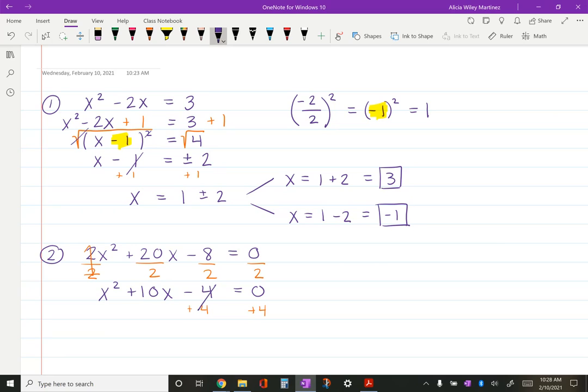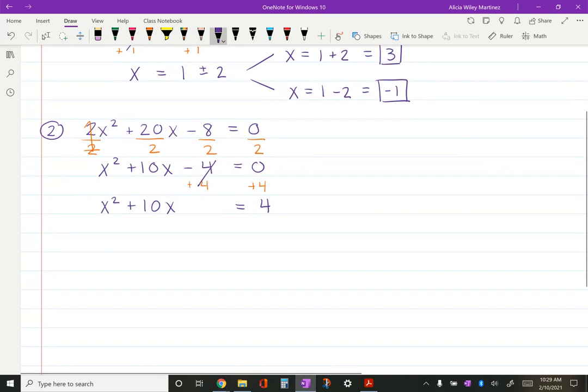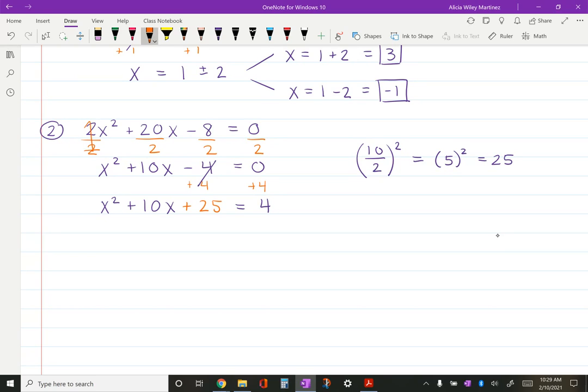I'm going to cancel that out, leaving me with x squared plus 10x equals 4. Notice I left a space thinking ahead to my next step where I'm going to complete the square by taking b over 2 and squaring it. b over 2 is 5. Squaring the 5 will give me 25. So I'm going to go ahead and add 25 right here. And due to the fact that this is an equation, I have to add it on the other side as